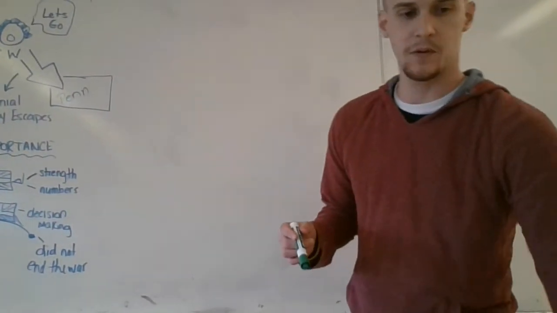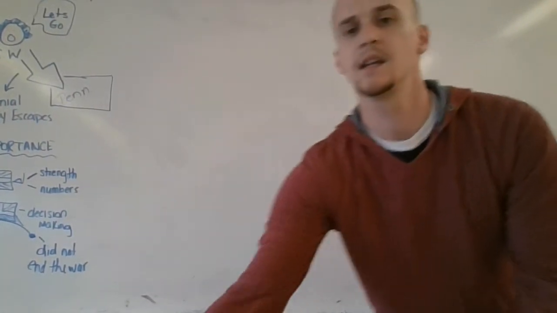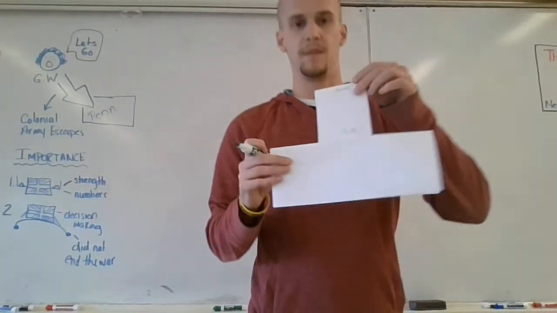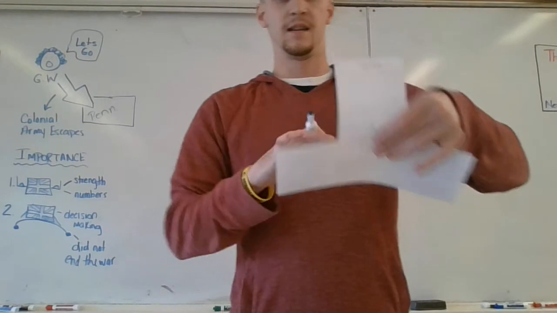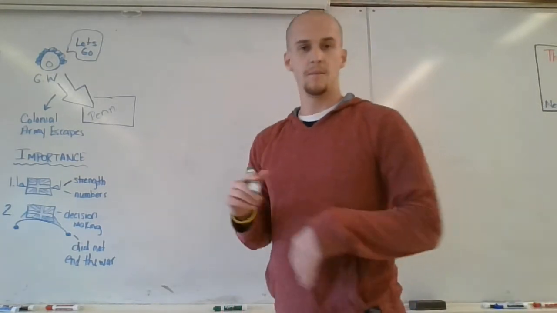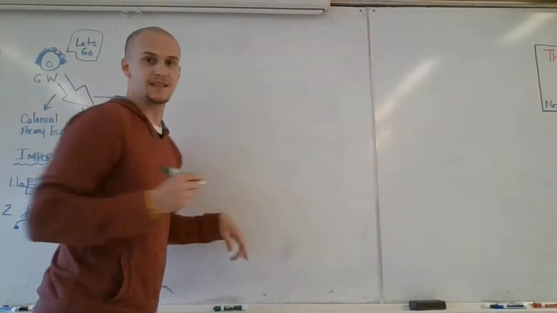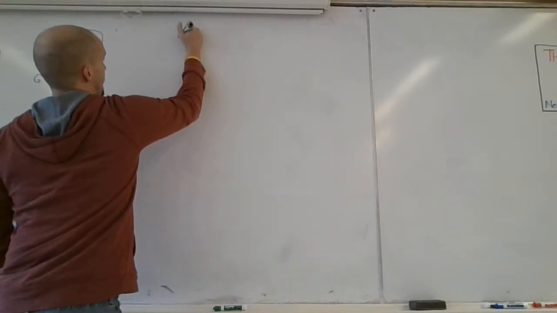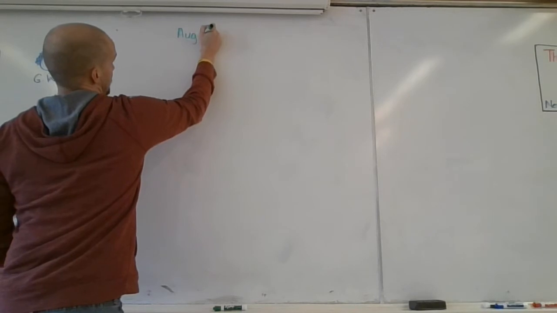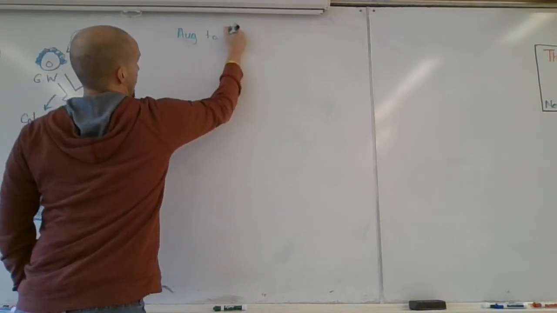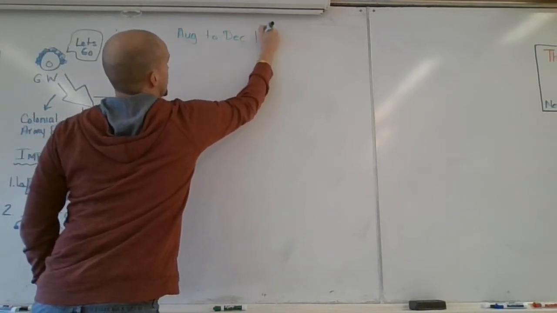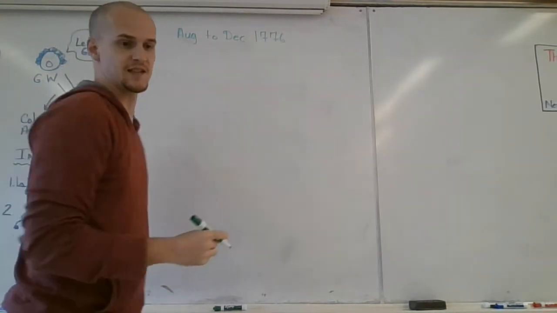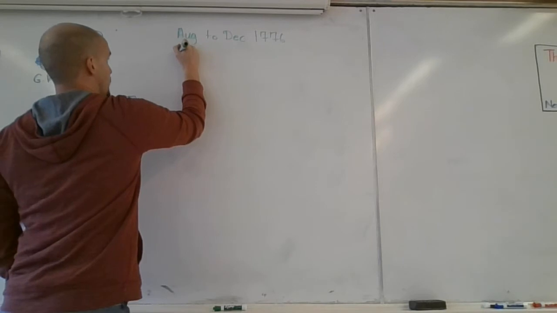Our second flap is Trenton. And so what we need to recognize before we talk about Trenton. So again, that middle flap now, fold that up, take your notes. Is that from August of 1776, which is when the Battle of New York was, so from August to December of 1776, you have Great Britain,